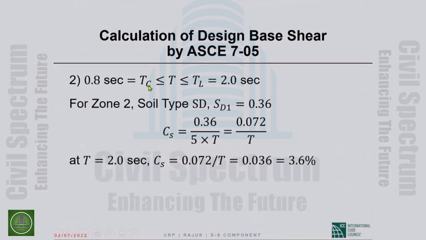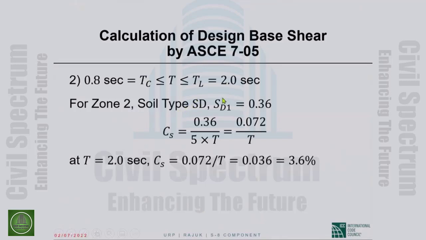Then from the end of the flat top, or the beginning of the descending branch, to the end of the descending branch. And our descending branch ends at the long period transition period of 2 seconds fixed. For zone 2,